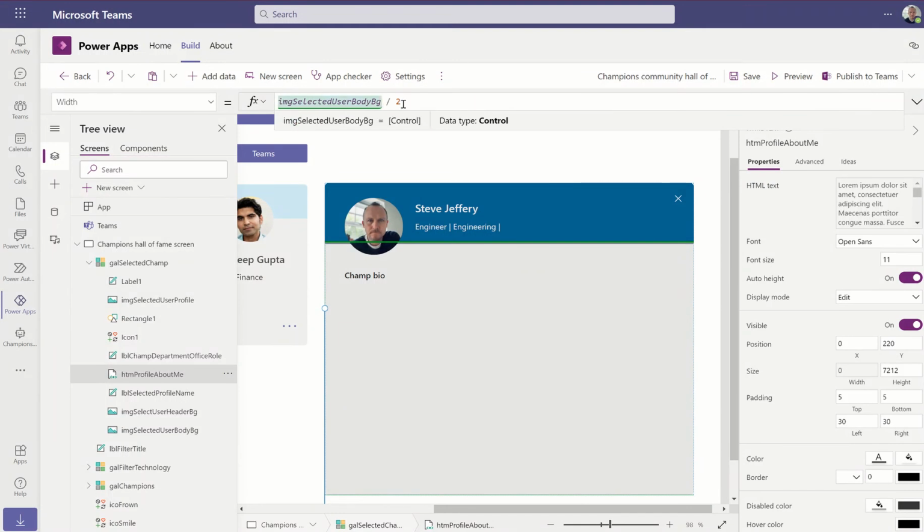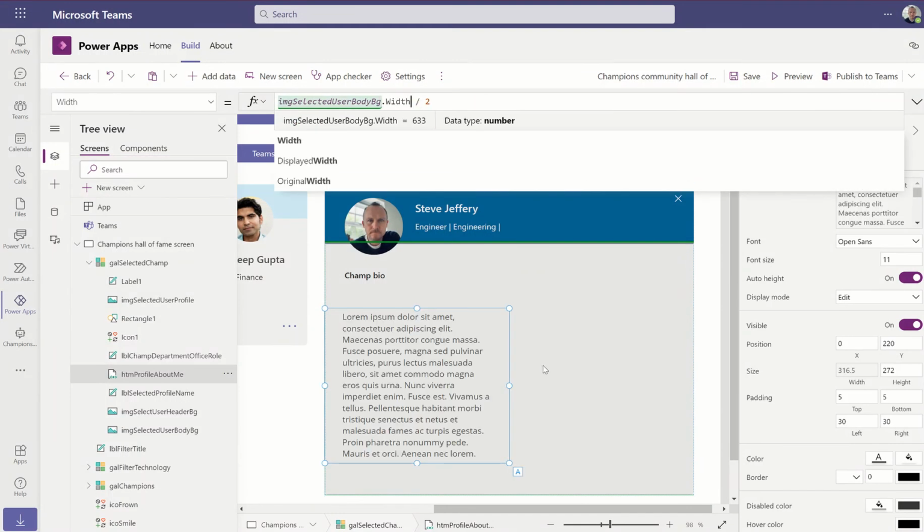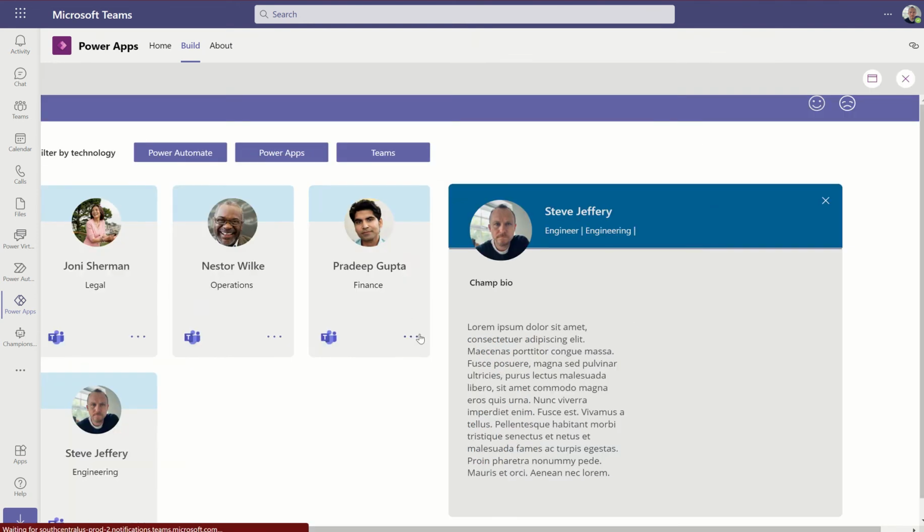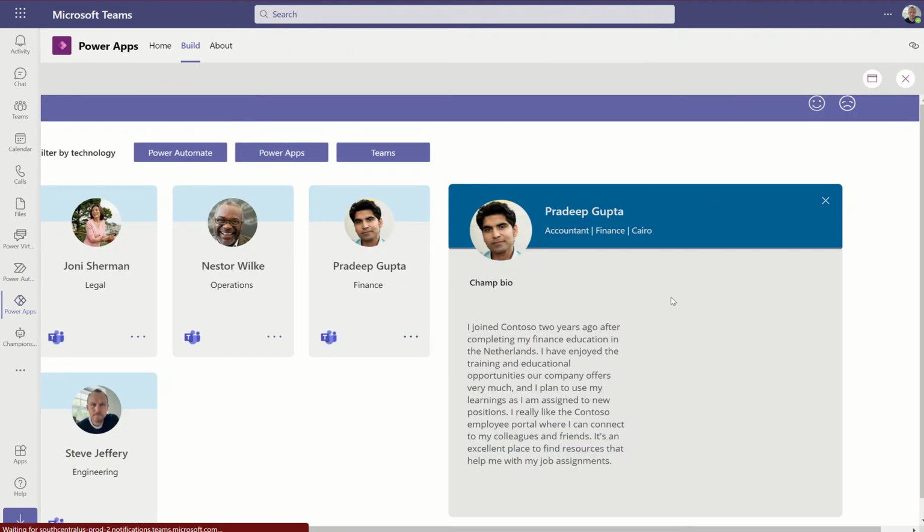Whoops, sorry, dot width divide by 2. There we go. So that's now taking exactly half of the screen. And we have auto height there, so that should work quite nicely. I think it's probably worth selecting a couple of profiles to make sure that's true. Yeah, brilliant. So now we've got this side of the card where we can actually